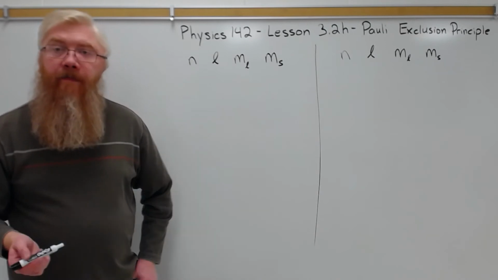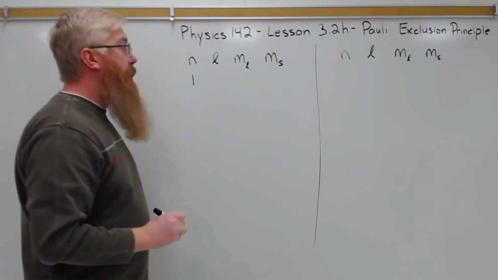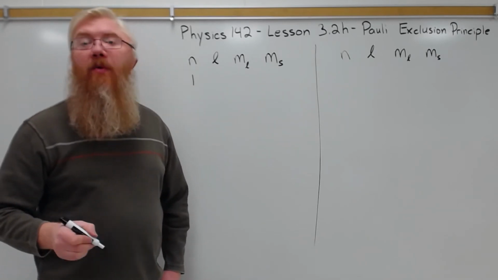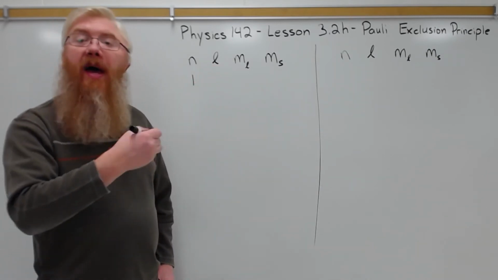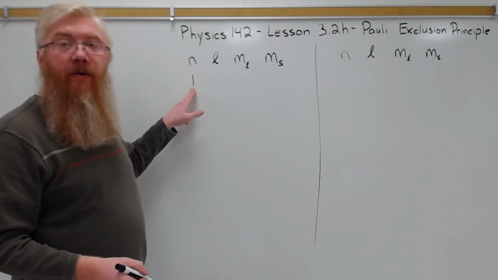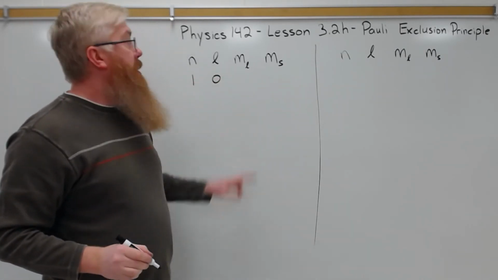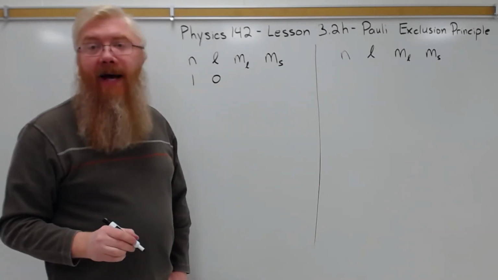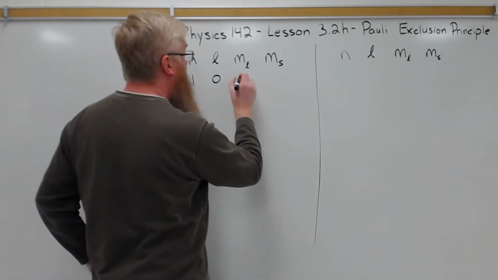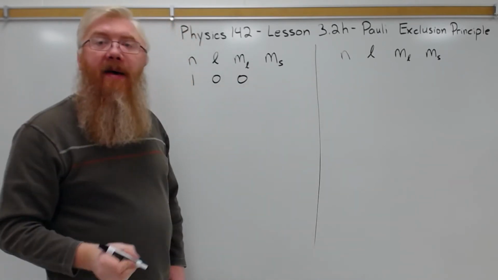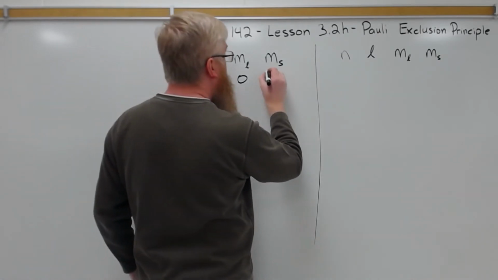So let's get started. So the lowest energy state we can have is n equals 1. When n equals 1, that only leaves one possible value for L, right? L goes from 0 to n minus 1. Well, n minus 1 is 0, so L goes from 0 to 0, which is 0. M sub L goes from plus to minus L. Well, it goes from plus to minus 0, so M sub L is 0. M sub S has to be either plus 1/2 or minus 1/2. So we'll start with a minus 1/2